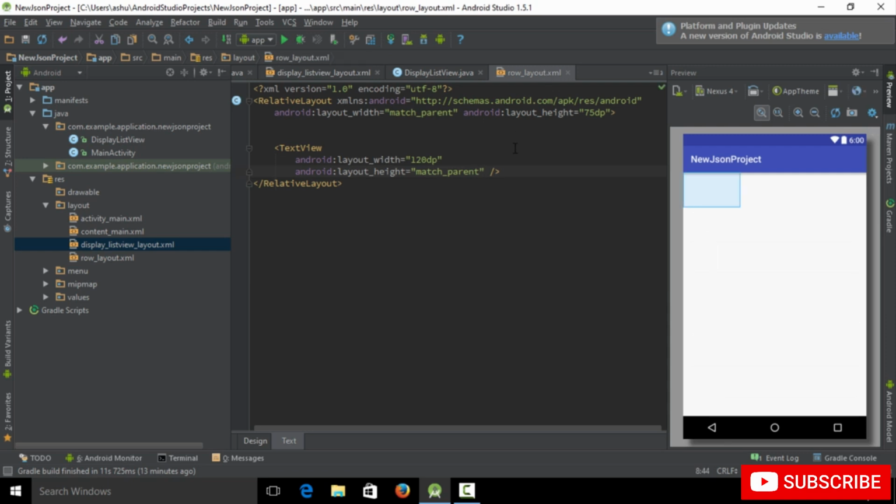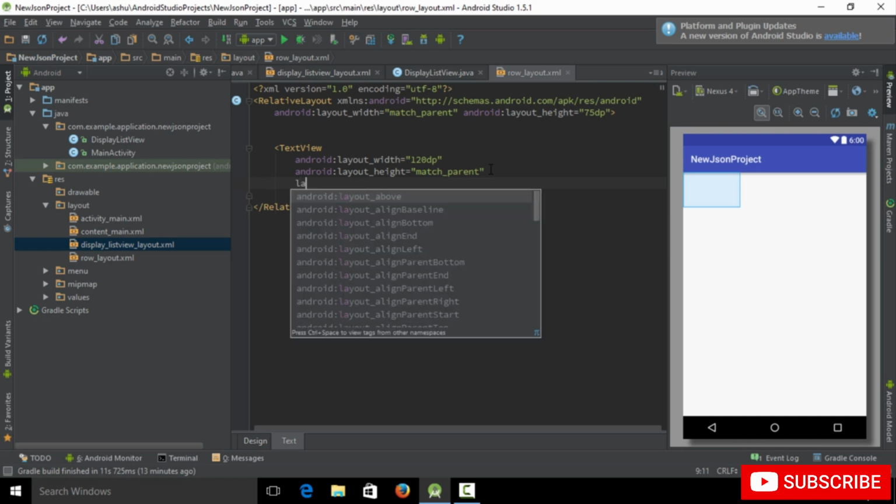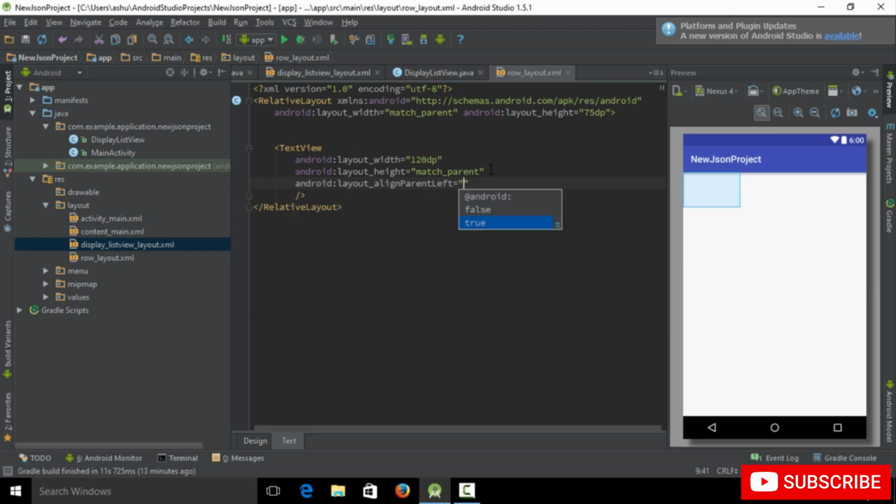row layout, and for the row layout, the next thing which we do is that we basically align the very first element to the left. So in order to do that, we type in android:layout_alignParentLeft and make this thing equals true. So this should be aligned to the left, and then we specify the text to this. So we type android:text equals, let's say, my name Ashu,